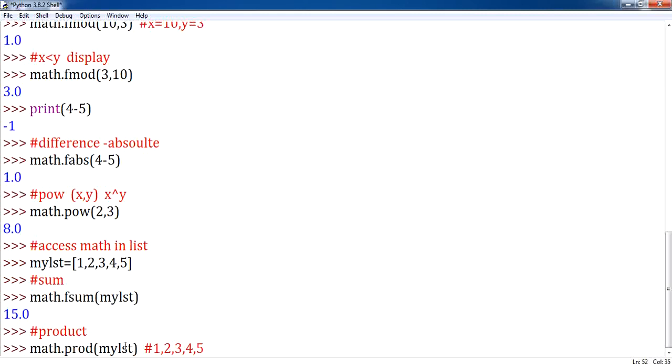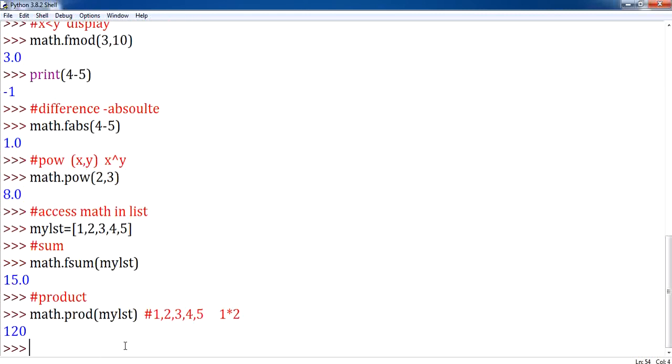The first number 1 will be multiplied with 1 initially, and the product of these values gives you 120. If I don't want to start with 1, if I don't want to multiply the first number by 1, I want to multiply by some other number, where your default is that the first number is multiplied by 1.